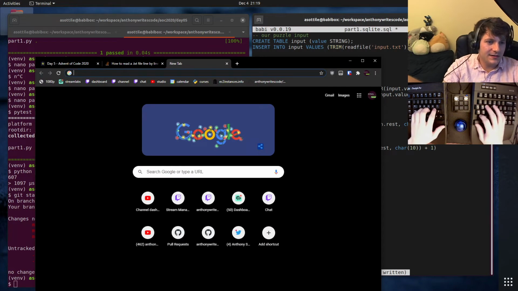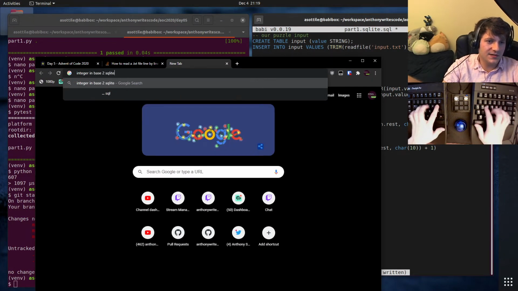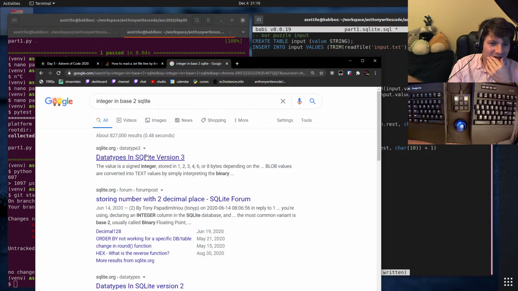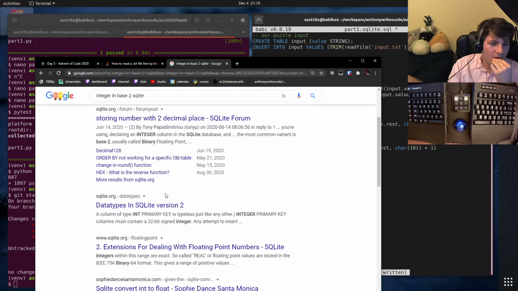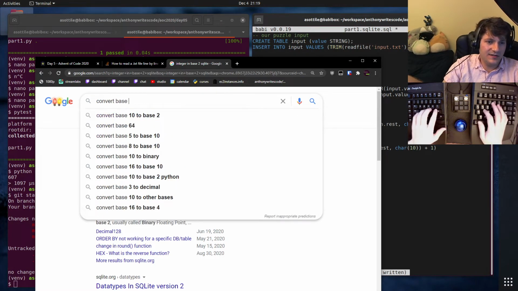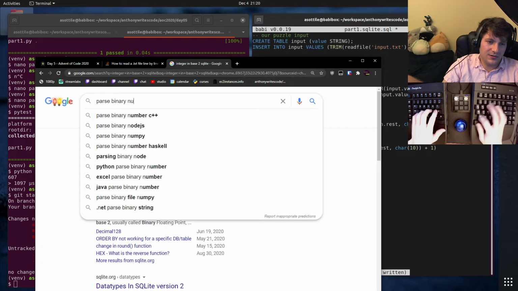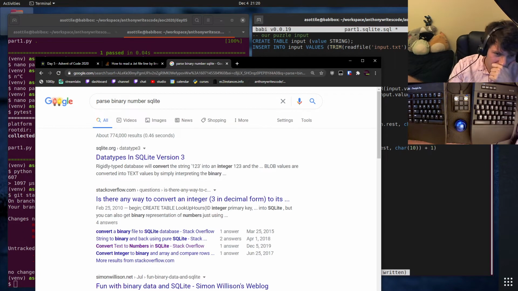Let's see. Integer in base 2. SQLite, do we have a binary type, binary number? Convert base parse binary number SQLite.